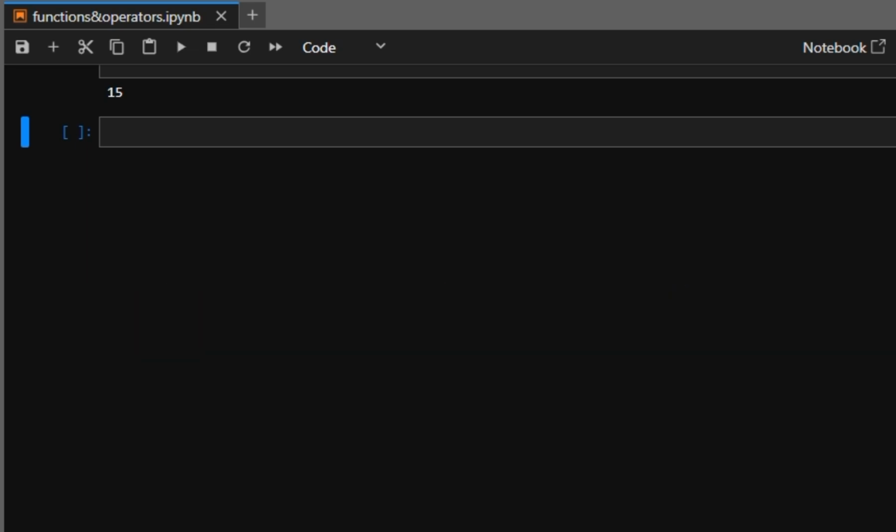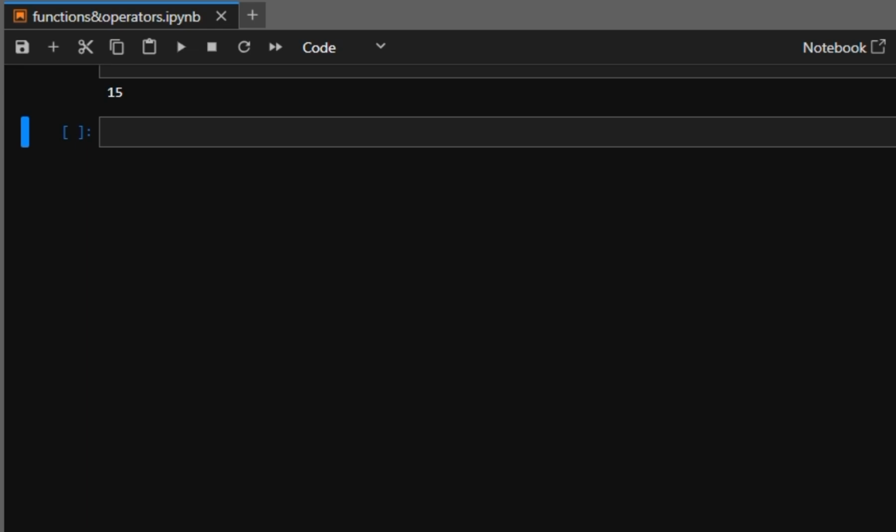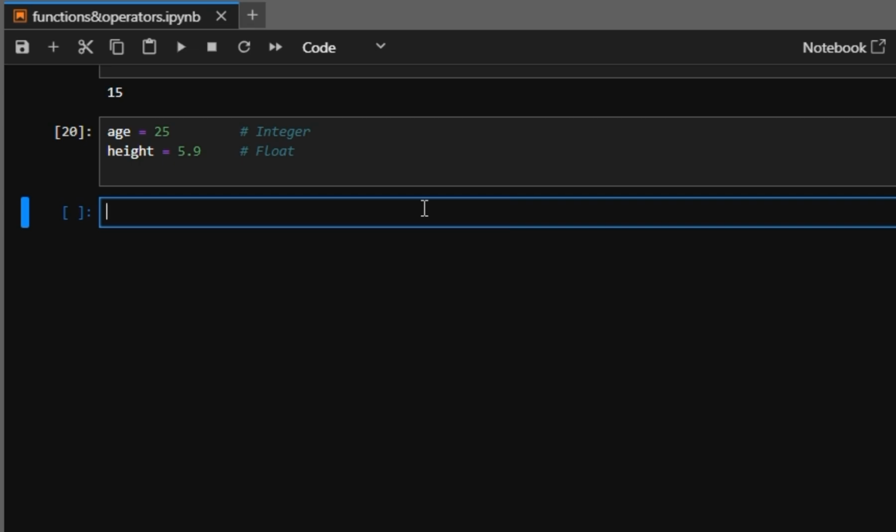So let's talk about integers. Integers, int, are whole numbers, while floats are numbers with decimal points. So let's create an example. The first one is an integer, age is equal to 25, and height is a float type. So let's run it. Here we use integers for counting or indexing and floats for precise measurements like height or